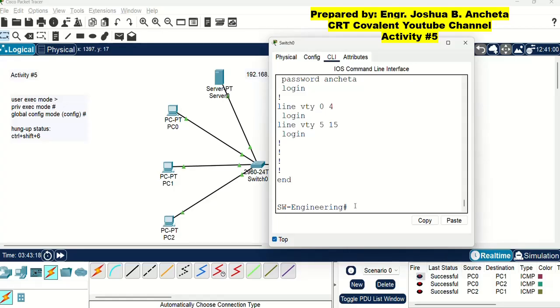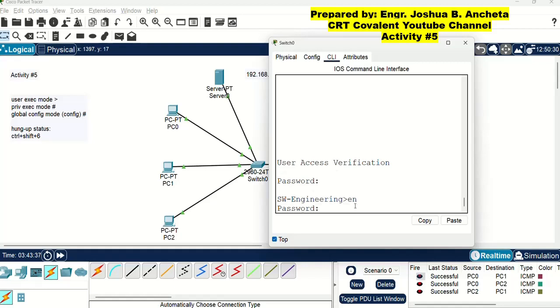So how to do that? So let's begin with user access verification. So again, your password here, enter your password, then click enable, then enter your password.